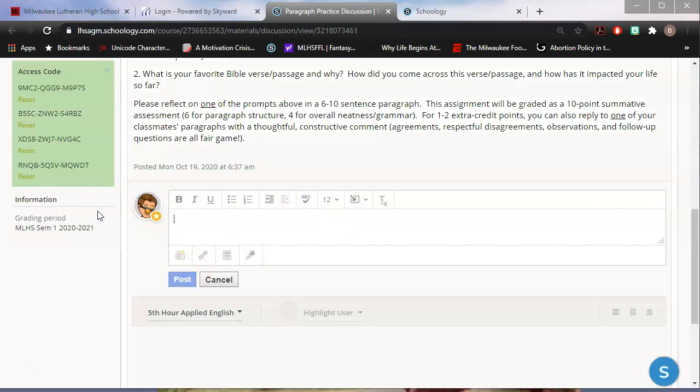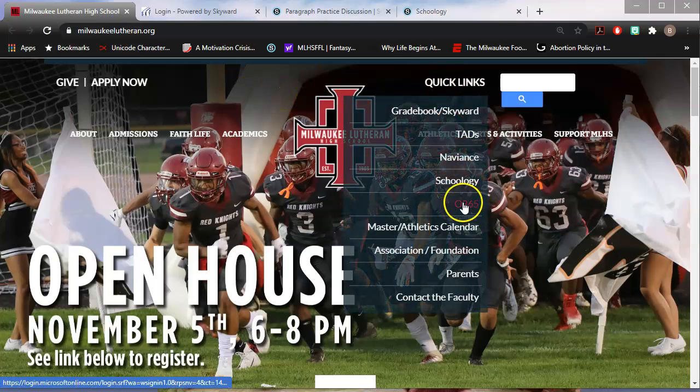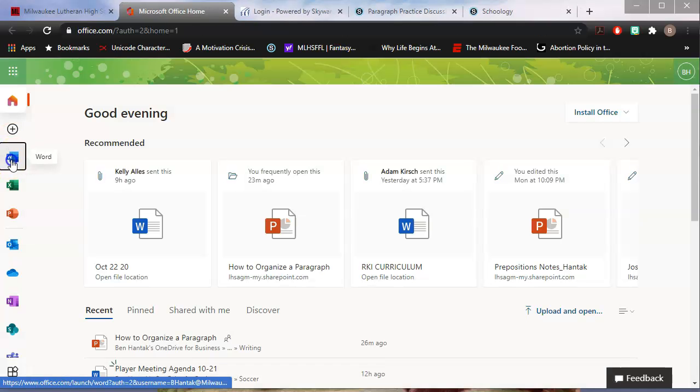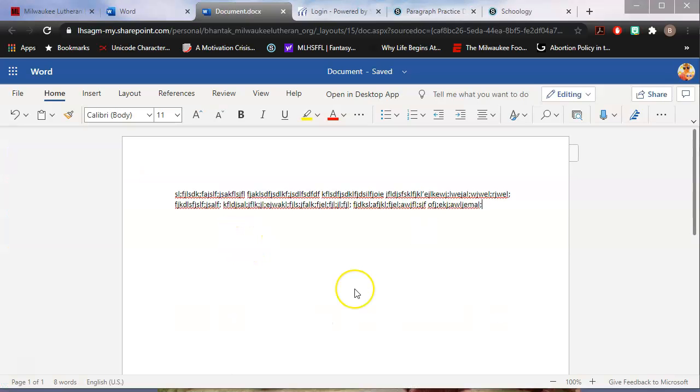If you know that it might take you a couple of sittings to complete it, I actually recommend going to the school webpage, going to Office 365, and opening up a document in Word Online. Alright, so I've typed a little bit in Word Online right here, and notice that it says document saving up at the top right here. Saving is just telling me, and there's saved right there. So Word Online does auto-save my progress for me.